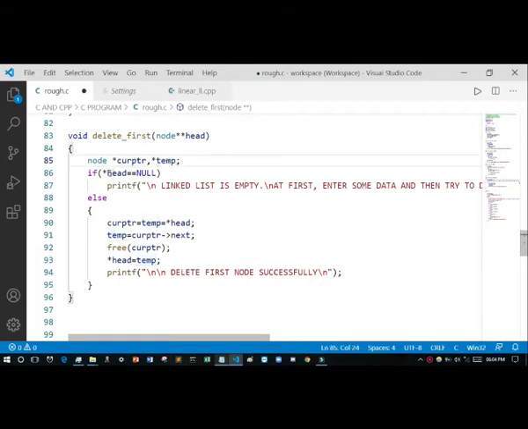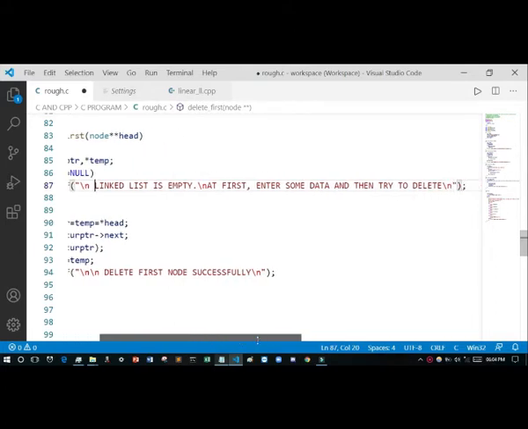Then if head equals to null, it means no node is present, so it will say that the linked list is empty, first enter some data and then try to delete.